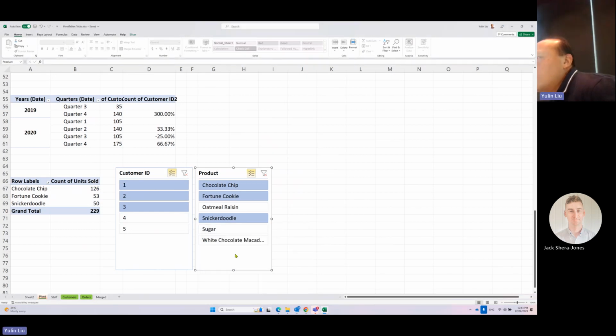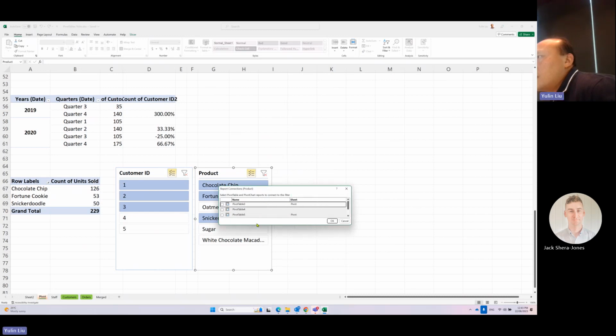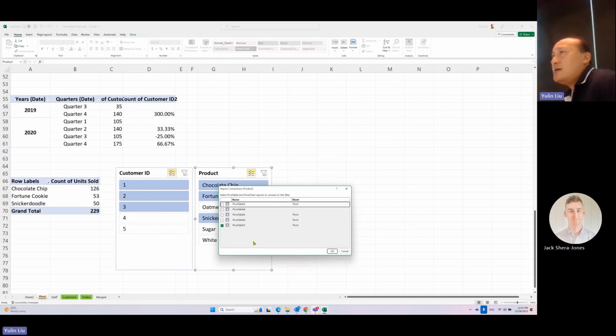change the connection of your slicer. So right click, you can go to Report Connections. So here you can decide which pivot tables you want this slicer to control. So currently, because I clicked this pivot table first and then clicked insert slicer, it's only connected to this pivot table. You can also let your slicer